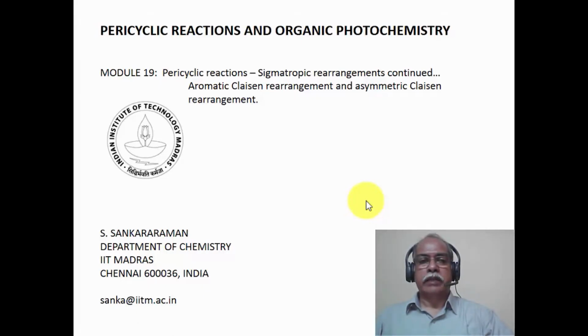Welcome to module 19. This is on the course on pericyclic reaction and organic photochemistry. We'll continue with the sigmatropic rearrangement in this module. We have some portions left, which are the aromatic Claisen rearrangement and asymmetric Claisen rearrangement in the portions of sigmatropic